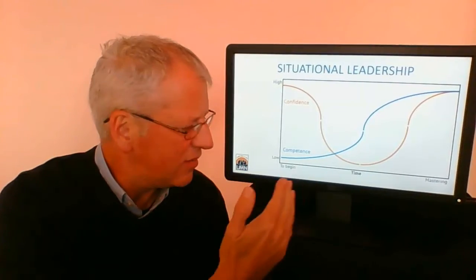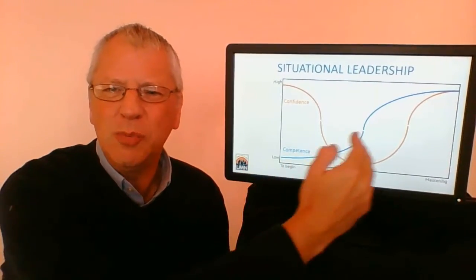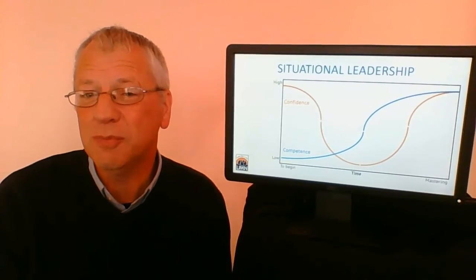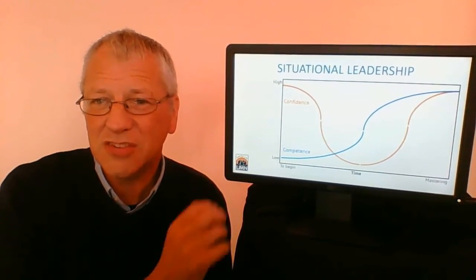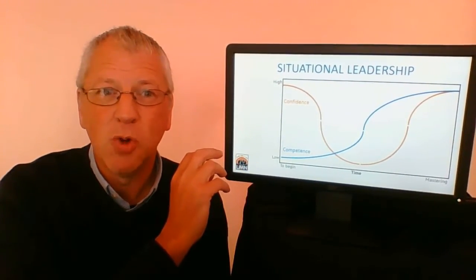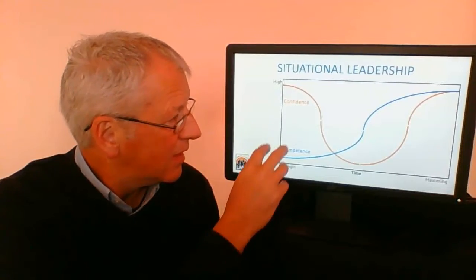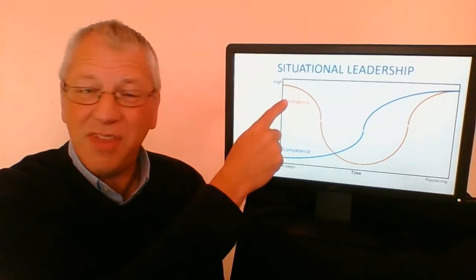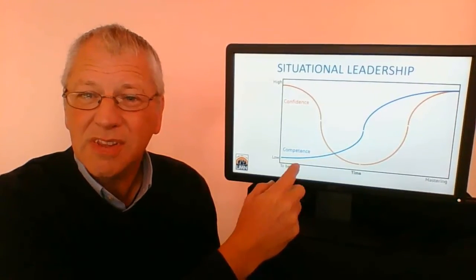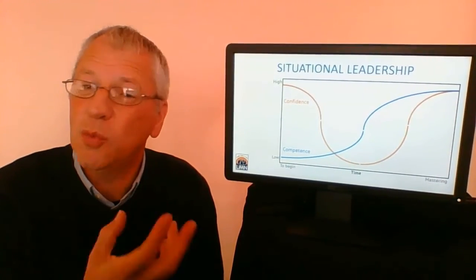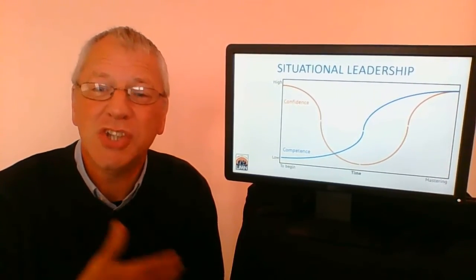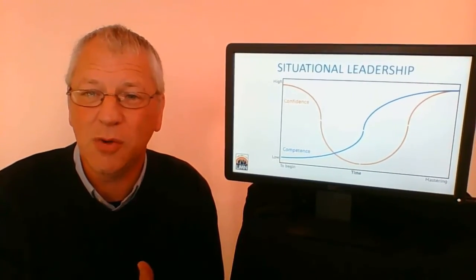Now you can imagine that as somebody goes from being a beginner to being a master of a task, it means that you have to lead them in different ways. To start with, they need a lot of direction. They need to know what it is that they have to do. Because actually they might think they know what they're doing, but they don't really know. As it moves on, they need coaching. They need to see that what they're doing is right or is not right and needs to be corrected. They need that coaching so that they're rapidly learning how to do the thing well.